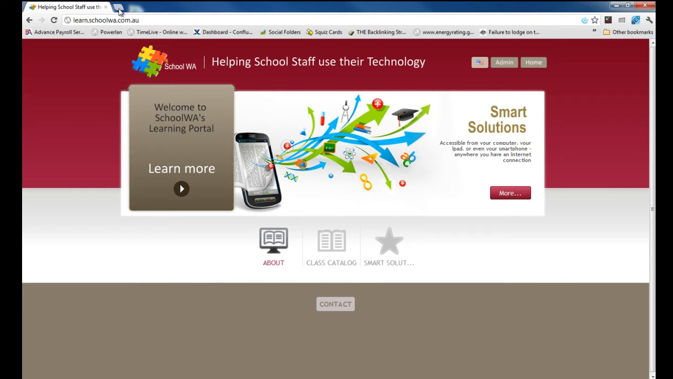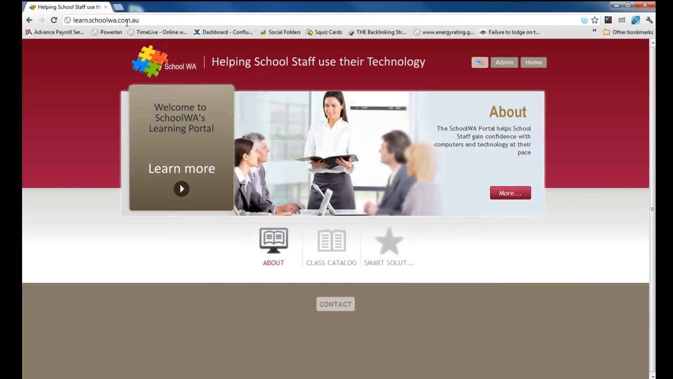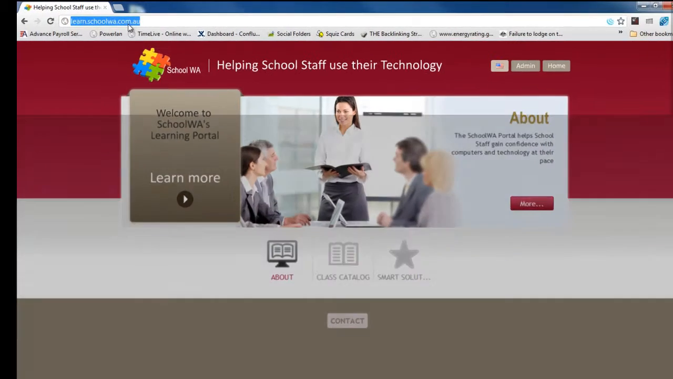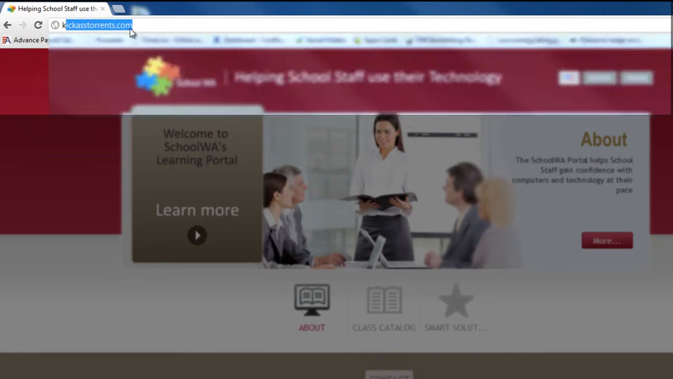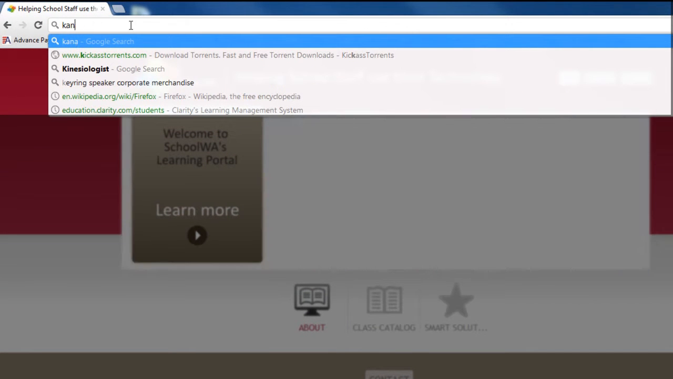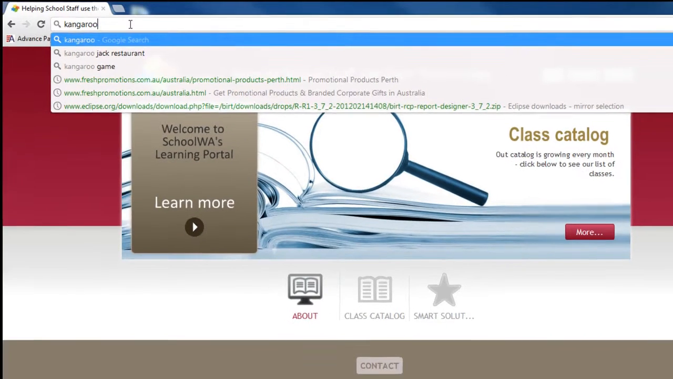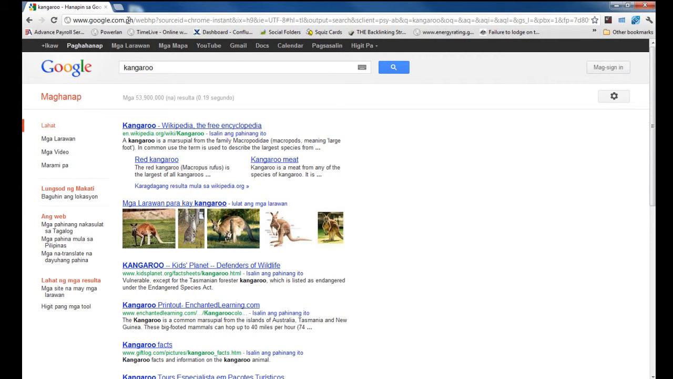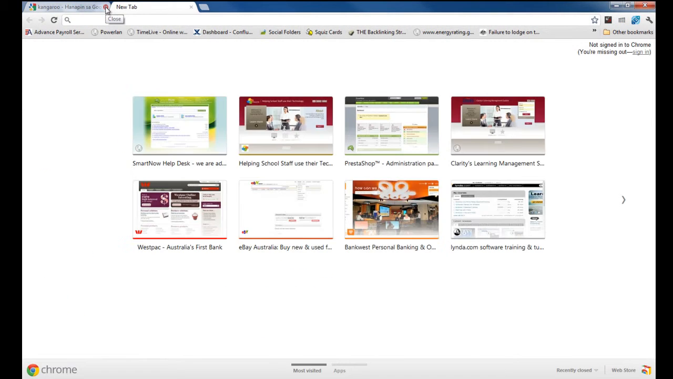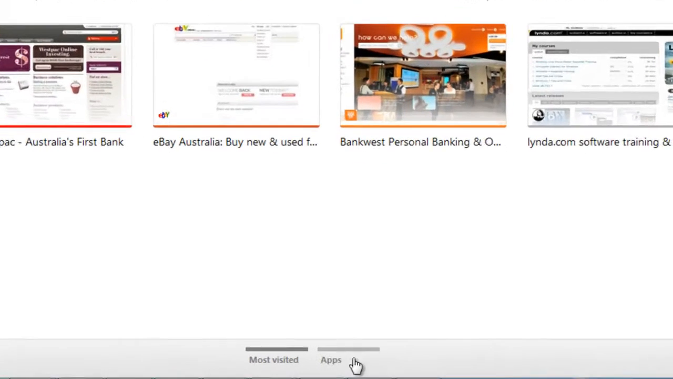So one of the things I do like about Google Chrome, it's very similar to Internet Explorer in that you can type in what you want to search for, so kangaroo. And it will then use the Google search engine to try and find information about the kangaroo. There is another part of Google Chrome though, and down here you can see you have this